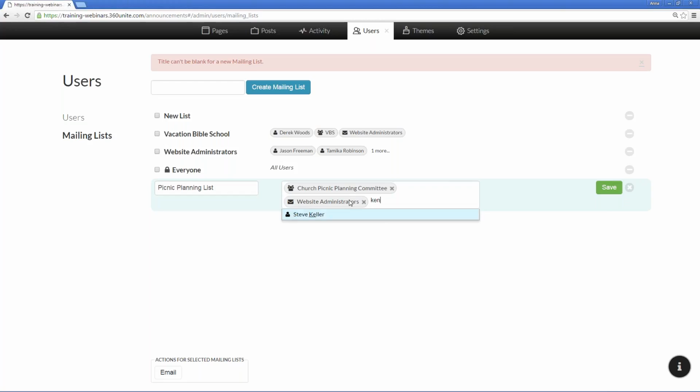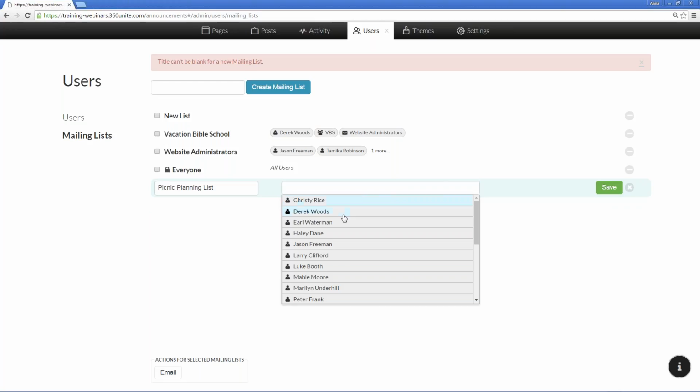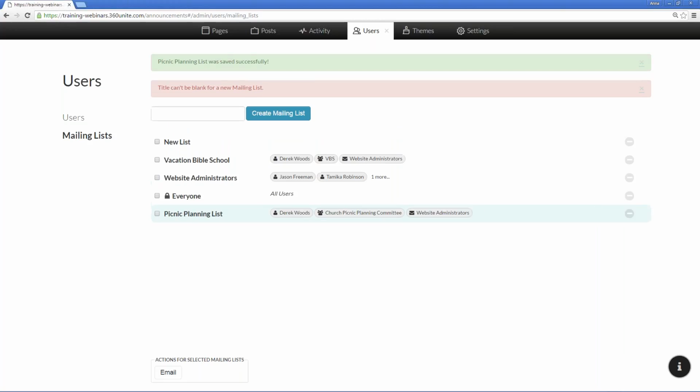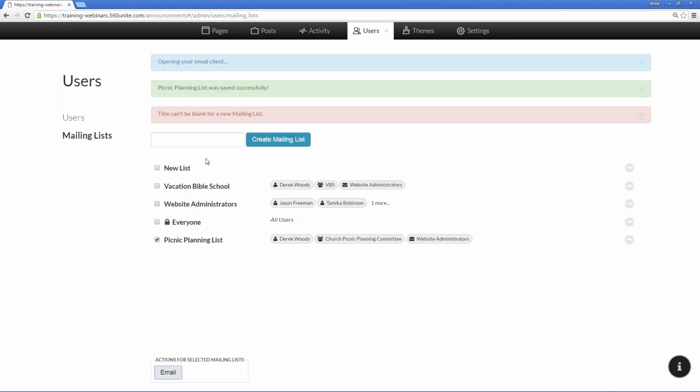So say we wanted Kent Williams. Oh, I guess he's not in there. We wanted Derek Woods to be, and I just deleted everything, sorry guys, Derek Woods to be added in addition to our website administrators and our church picnic planning committee list. So it's just that easy to add them in. If you make a mistake like I did, then you'll click save, and this will be your picnic planning committee list. Now if you wanted to email this list, you would select them and then click this email button,